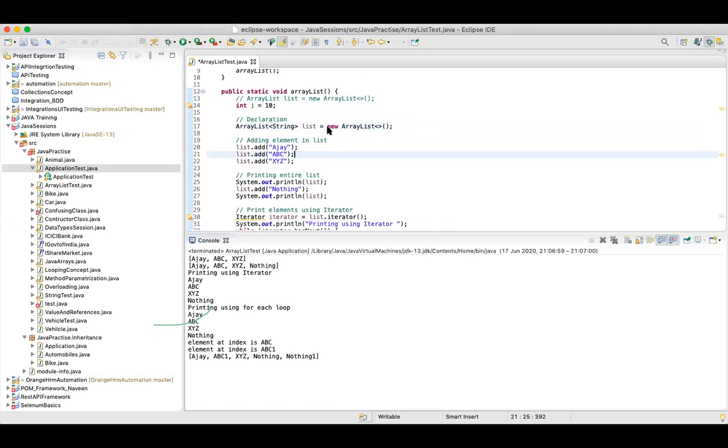In a similar fashion, the way we have declared over here, we have to declare that we are creating a variable. The name of the variable is list, and it is an array list, and the data type for that is string. So this has actually no significance. This is of no use for this session.